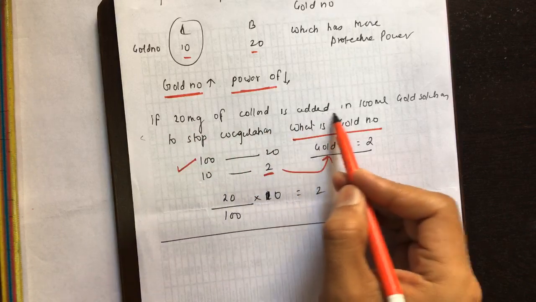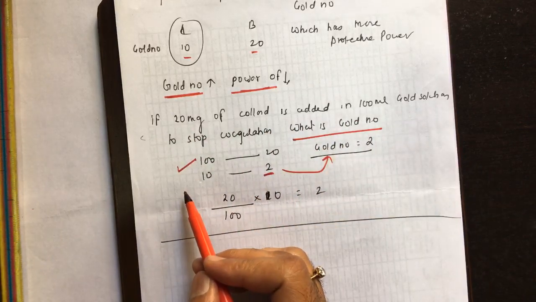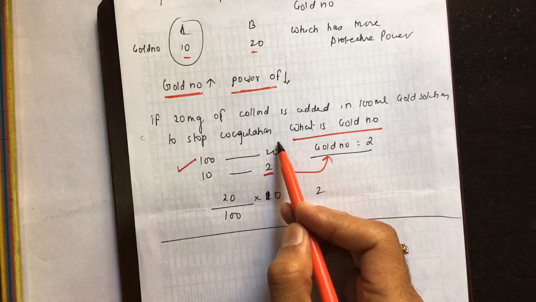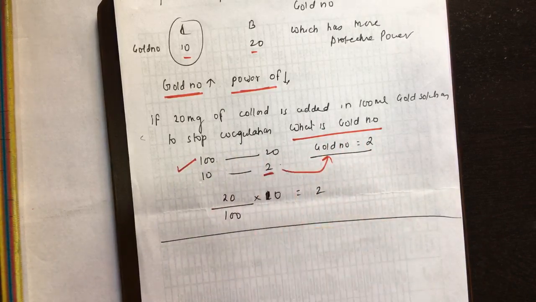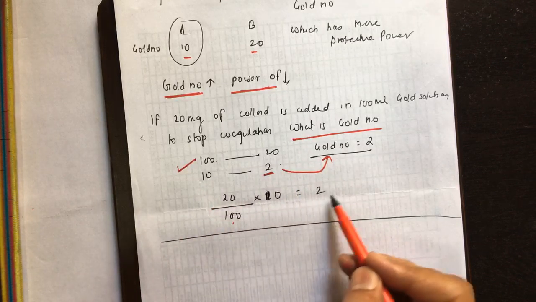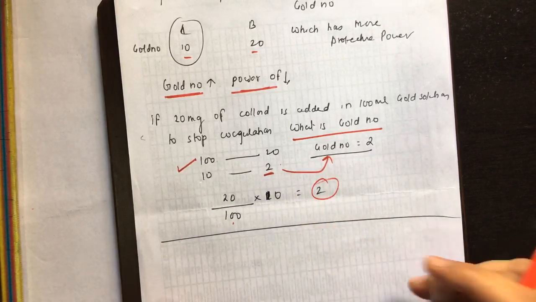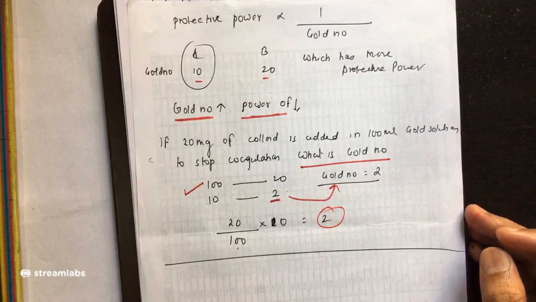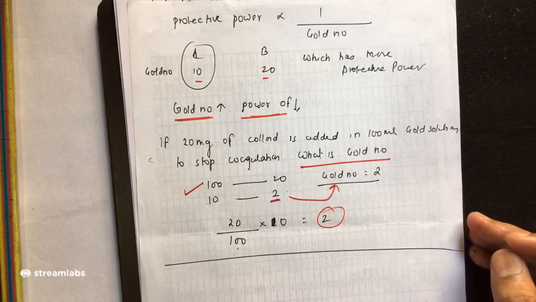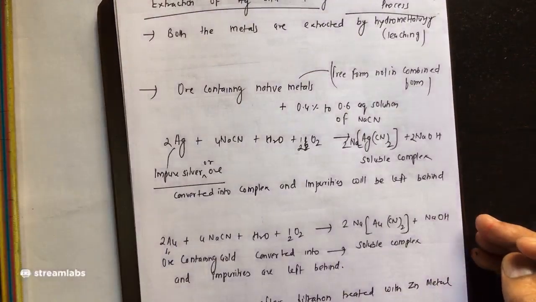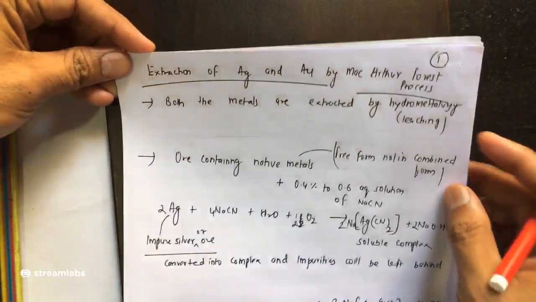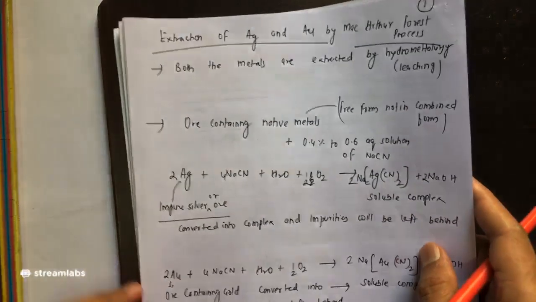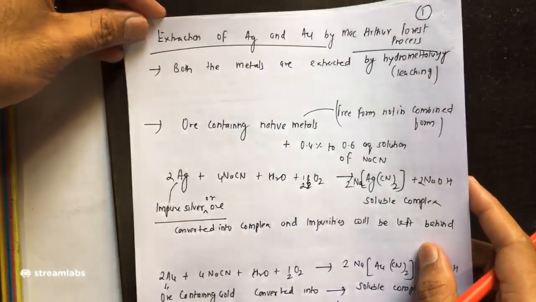Just a question: if 20 milligram of colloid is added in 100 ml gold solution to stop coagulation, what is the gold number? For 100 ml you added 20, so for 10 ml it is 2. So 20 by 100 into 10 is 2. That is called the gold number. So this is what we have defined about surface chemistry and colloids. Gold number is very, very important, dear students, and Hardy-Schulze law is also very, very important. Please remember all this. Now we are going for a little discussion into isolation of elements,